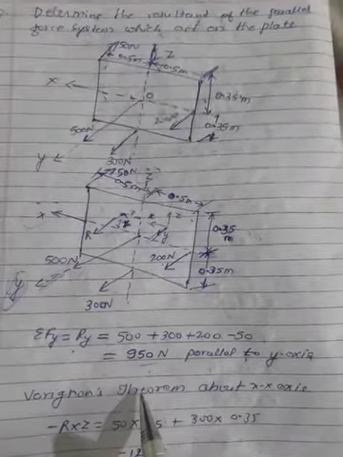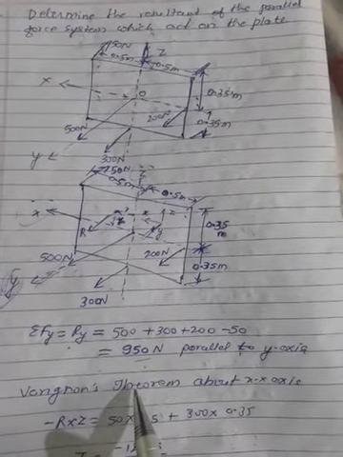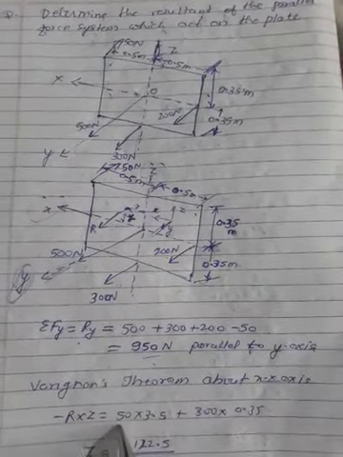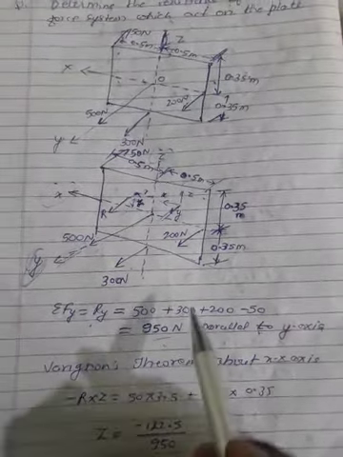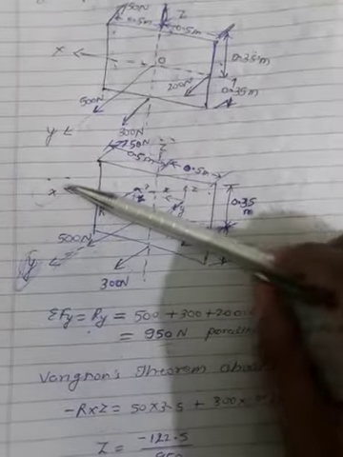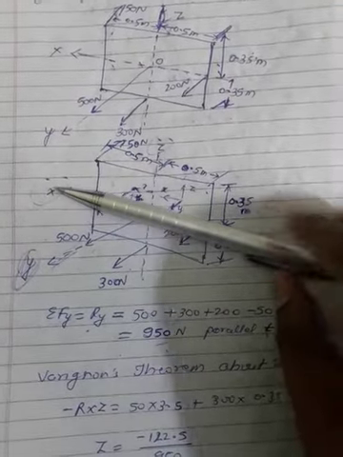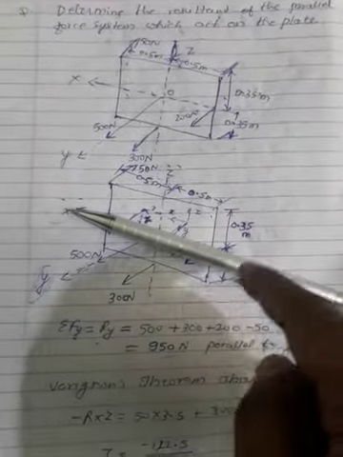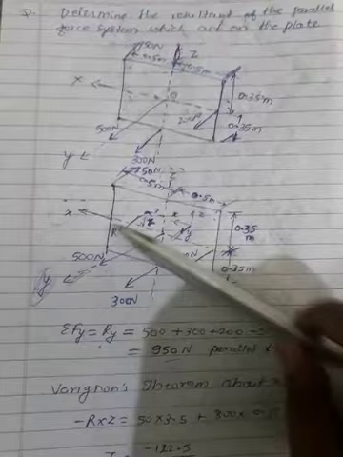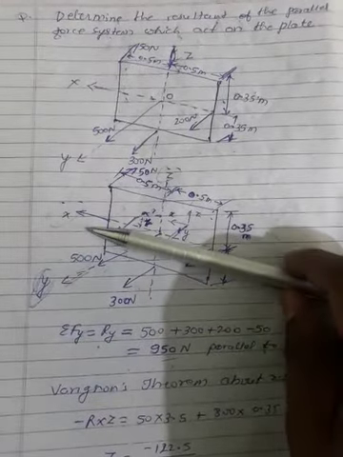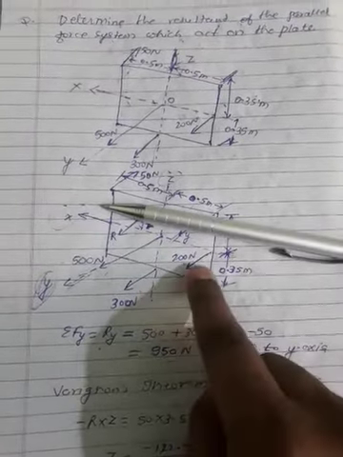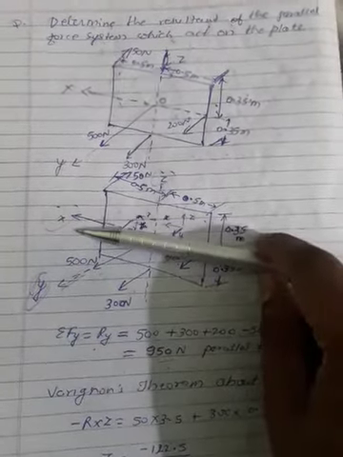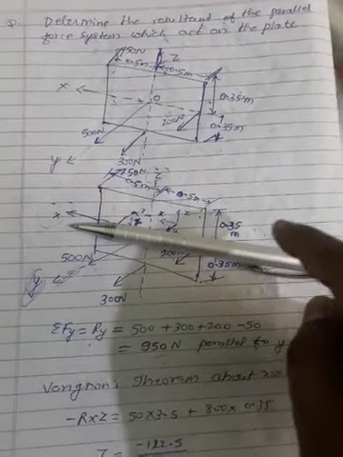Now to calculate the coordinate, that is x and z value, initially I am taking moment about x axis, so I will automatically get the z coordinate. While taking moment about x axis, I am keeping pen or my hand on the x axis, and I will rotate the whole process. The 300 Newton will rotate clockwise. This 500 Newton passing through, it will become 0. This 200 Newton again passing through x axis, so it will become 0. Only 300 Newton will rotate.